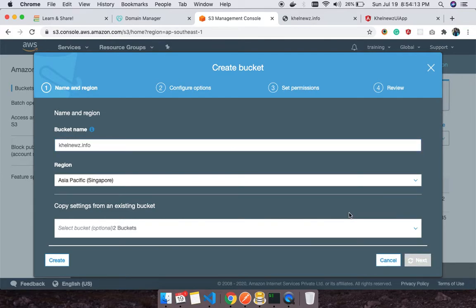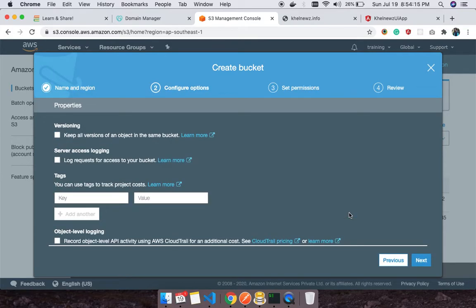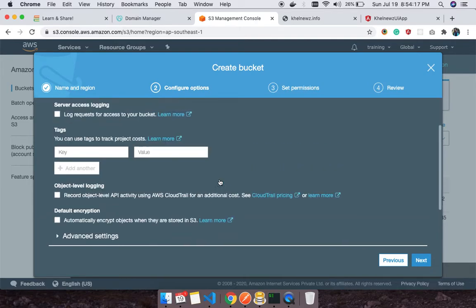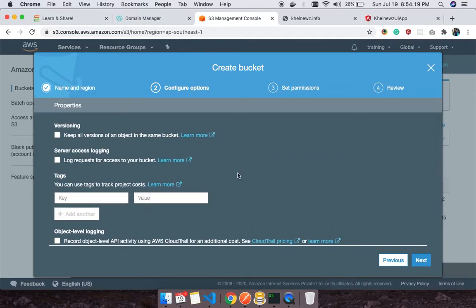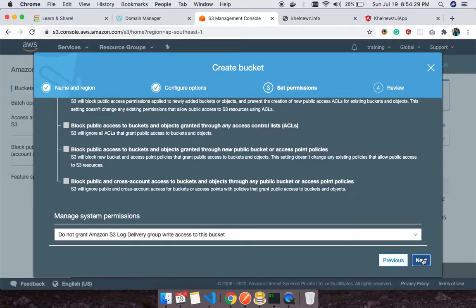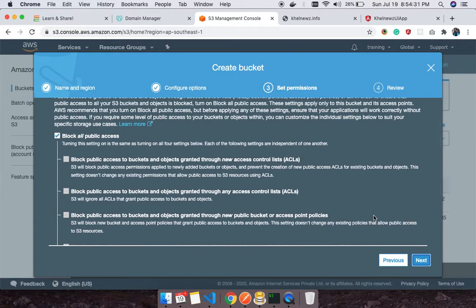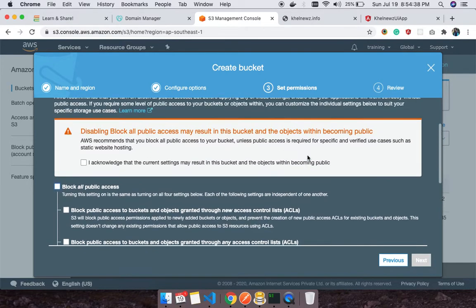Next. I'm keeping all this information as default. You may read all this information in detail, and based on your requirement you can opt for this option. Currently by default block all public access is on, so I'm going to uncheck this.